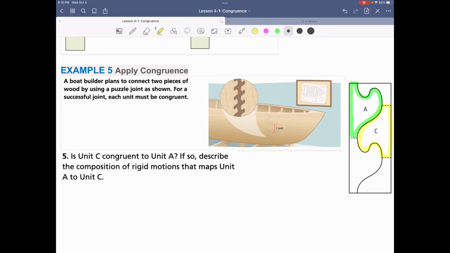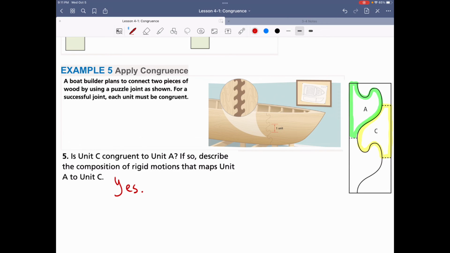So to me, they do look congruent, and if you still have your tracing paper, you can trace A, and it looks like it's simply a rotation and a translation. So if you rotate it and translate it using tracing paper, piece A does map to piece C, so yes,